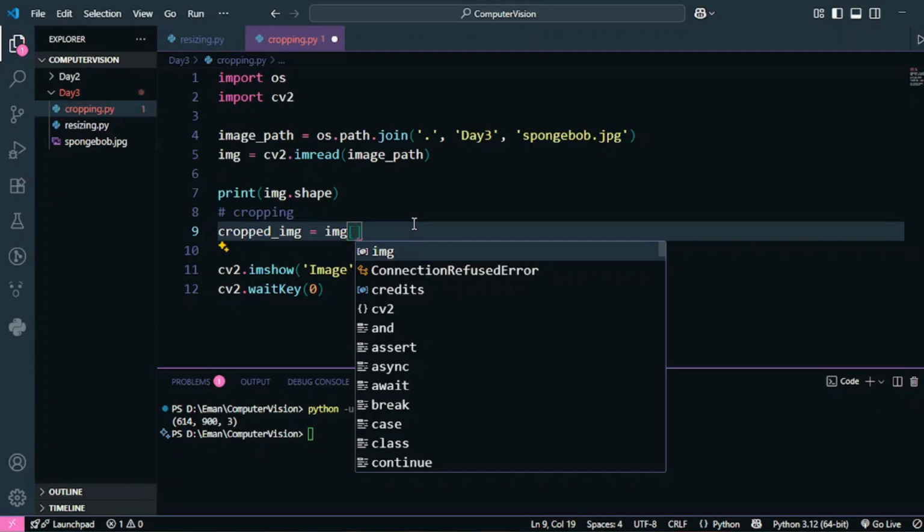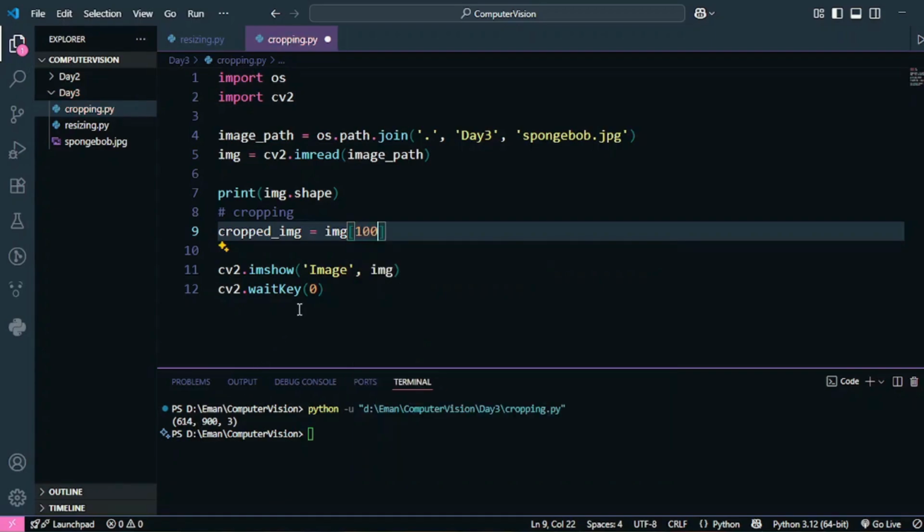The current height is 614, so I want the height from 100 to 500 pixels, for example. So I'm going to pass this. This is the new height of my cropped image, and then I will tell the width. The current width is 900, so I want somewhere between 200 and 700 pixels for the new width.